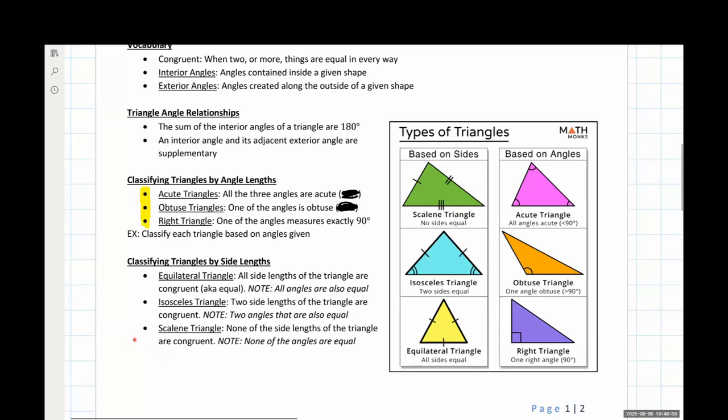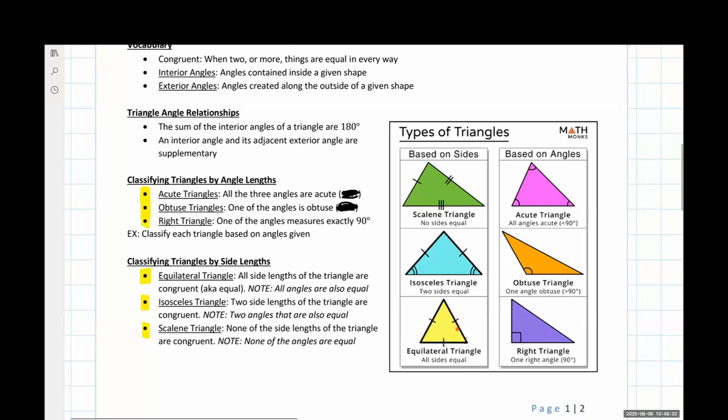So we'll dive into these ones here, and we have three types for this as well. So we have equilateral triangles, and this is a triangle where all of the side lengths of the triangles are congruent. They're equal to one another. We see this most often depicted when we're looking at a triangle, and we see these little dashes showing up on the side lengths with it. What these mean is any side that has the same number of dashes on it is of equal value to this side length here. So this bottom one has a single dash going through it.